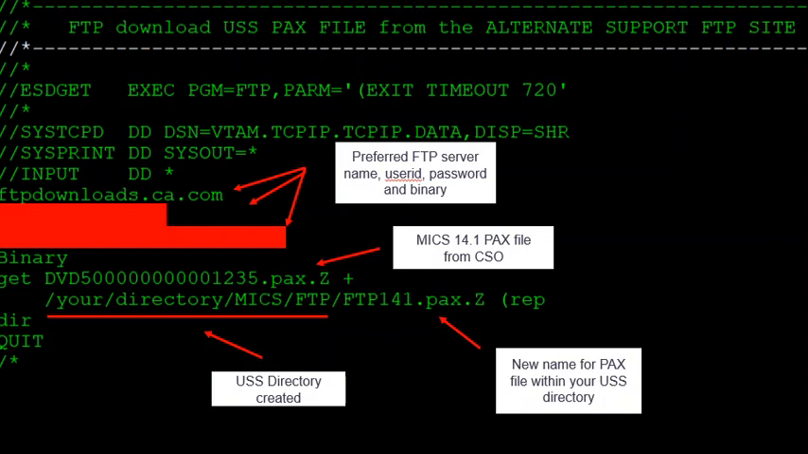As indicated in this slide, the preferred FTP hostname is ftpdownloads.ca.com along with the username and password provided in the FTP download options. Specify binary, and for the FTP location, just specify the file name as provided to you from the CA Support online download page. The 14.1 PAX file name is DVD5 10.0.1235.pax.z. Change your /directory to the USS directory you created in the previous step where you want to place the